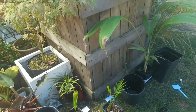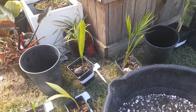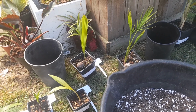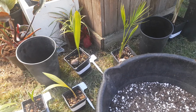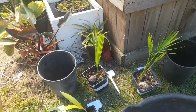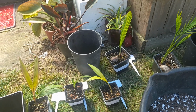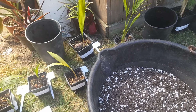Right, I've just done a video on some new palms I bought, so if you haven't watched that, I would consider watching that first if you want to know the palm selection. But I was about to pot one up, we've got 7 palms here, about to give them a good pot up, and I thought, well, let's have a look at the mix I'm using